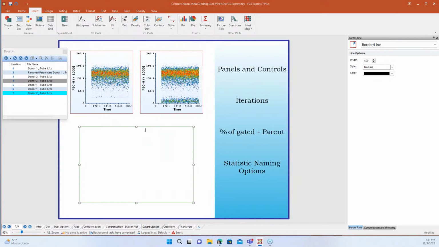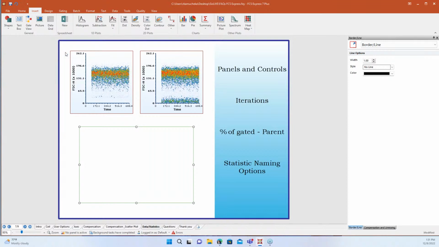All right, and now with our new release, we did update how we're naming statistics. One question that came in recently was about, hey, I have used this layout forever. I updated to the newest release and I exported my Excel, and now the names in the columns look different than what they used to. We wanted to give you some more flexibility in how we name our statistics.